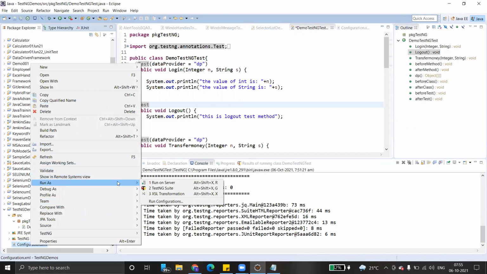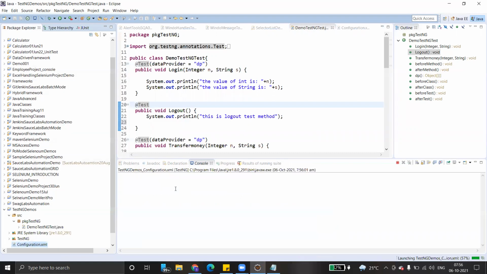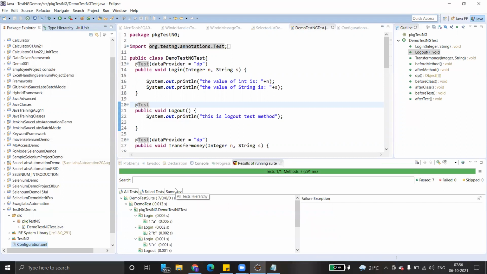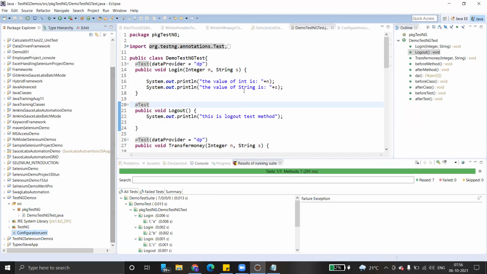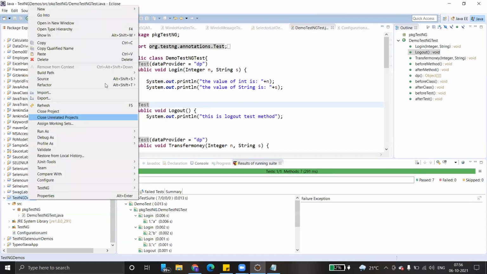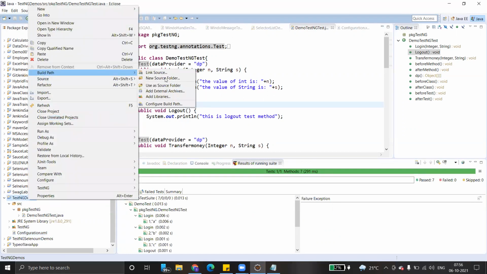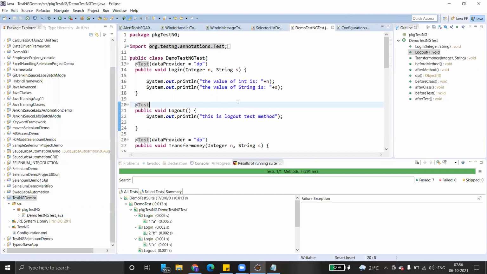If we have some Selenium code and some classes and a TestNG, all those things. Yes, of course. If you want to add Selenium code, you don't need to do any rocket science. Simply go to your project, go to build path, add all the required Selenium jar files, and put your logic inside the login and logout under transformer.